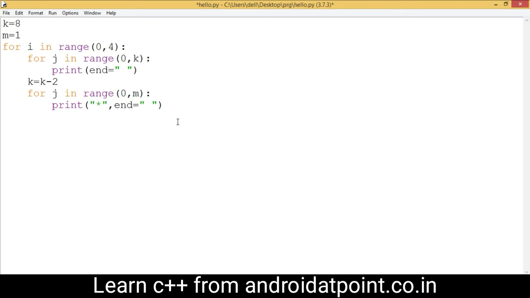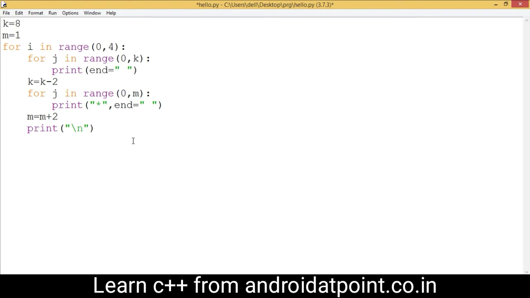Now come outside of this loop and simply add the two numbers with the m variable and assign it to the m variable. Now call the print function to change the line here. You can also write here \n to change the line. You can also remove this \n. You simply call the print function to change the line. Both work for the same.